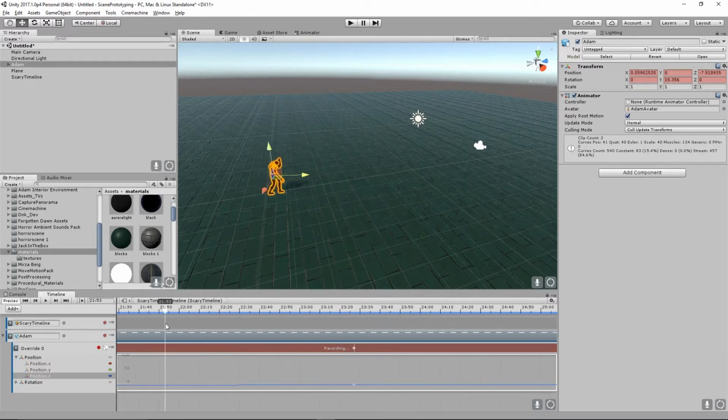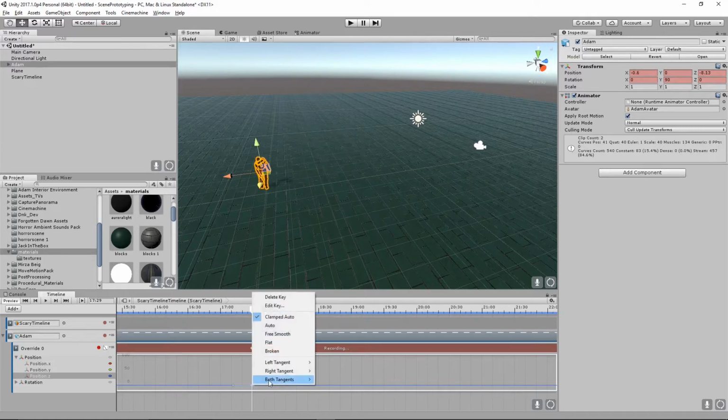And then we have to do the same thing because again, you can't hardly see it, but you got a little bit of a curve coming out of this. So let's do linear on this, because linear motion's okay for what we're going for now. We may have to come back later and change that, but the ease in, ease out stuff is not necessarily what we want when we're blocking this out. So we're going to go both tangents constant, or linear, and that's just coming into the